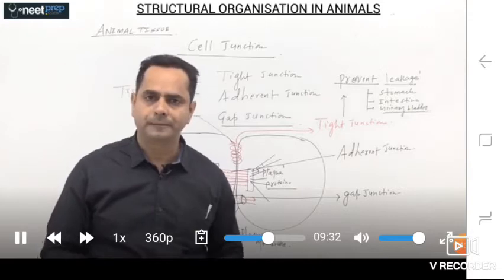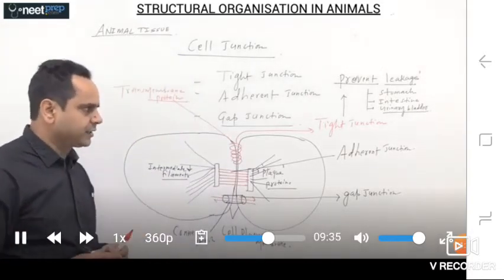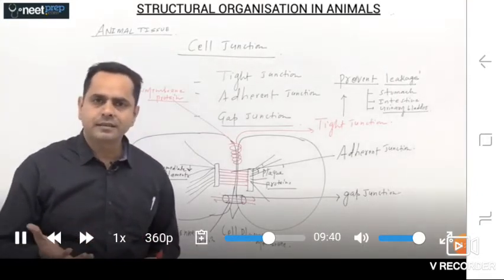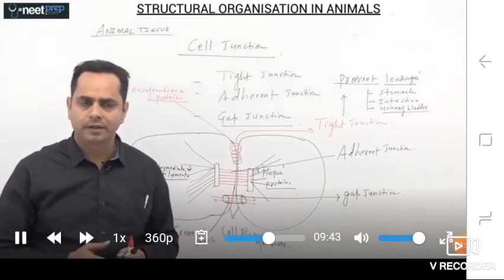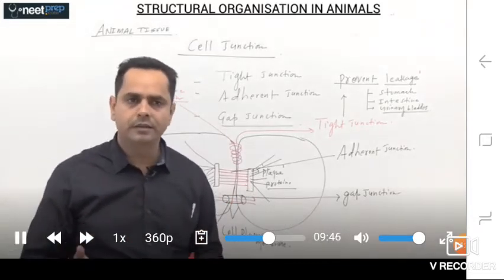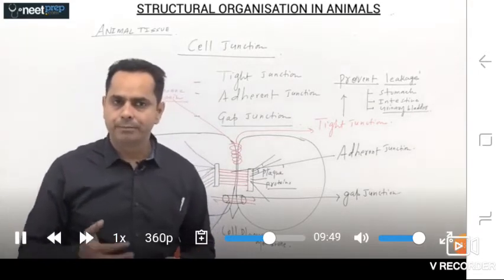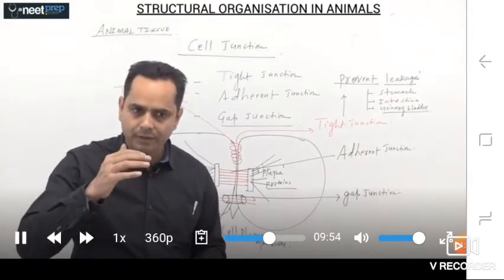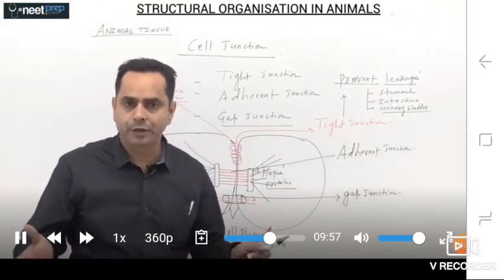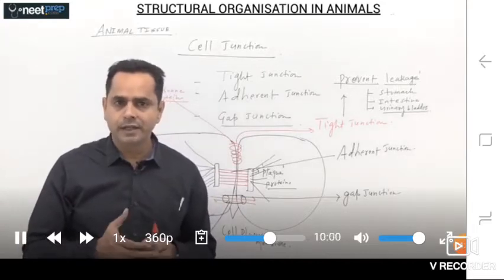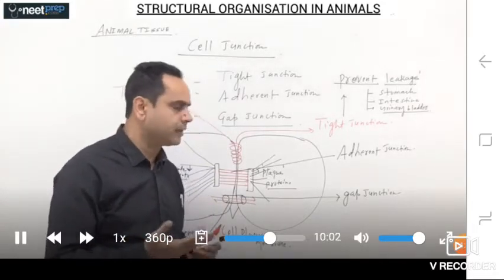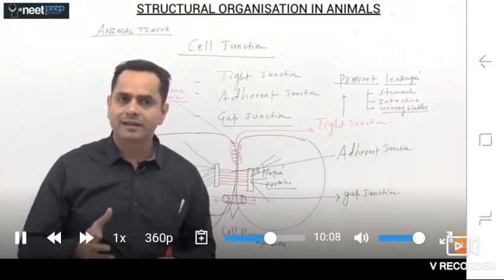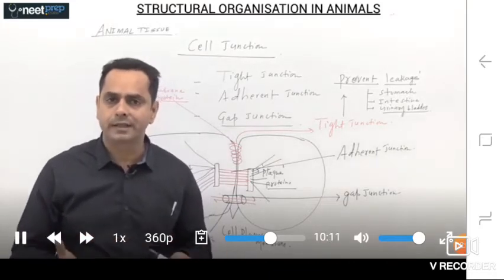and the urinary bladder. If we talk about adherent junctions, an adherent junction is mainly a kind of support junction that resists the separation of the cellular layers. I told you earlier, in stratified squamous epithelia, multiple lines of cells are there to resist the abrasion or separation of the layers of epithelial cells. We need some support system, and that is our adherent junction. So adherent junctions mainly resist the separation of the epithelial layer of cells.